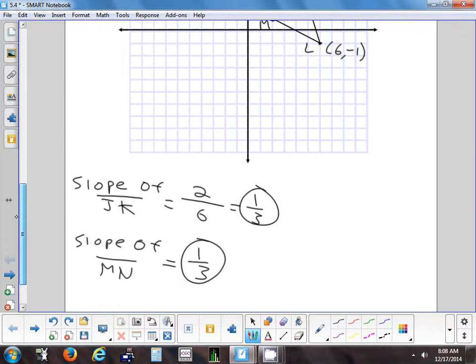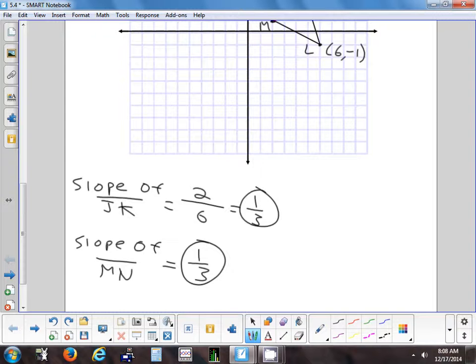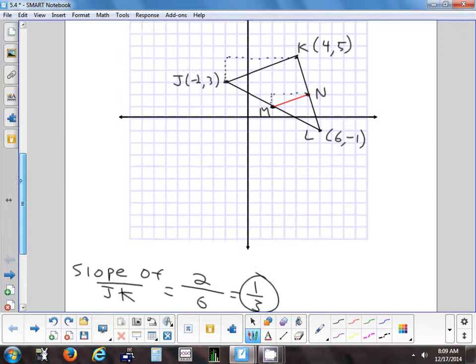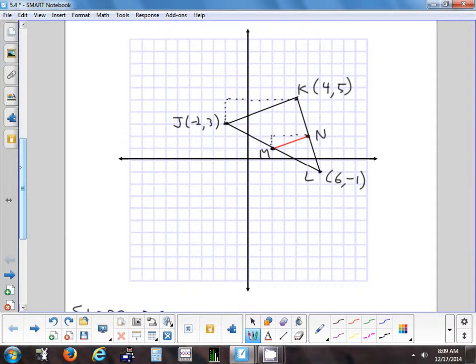What does that prove? If they have the same slope, Nick, that proves that they are what's equal? No, not the length. Slope's not a length. What does that prove if two segments or two lines have the same slope? Oh, Morgan? Look at that. Two things have the same steepness. Look at JK and look at MN. They are